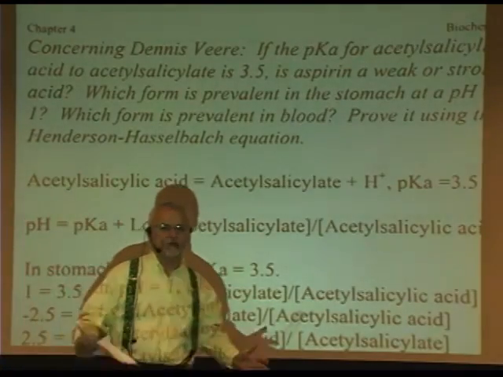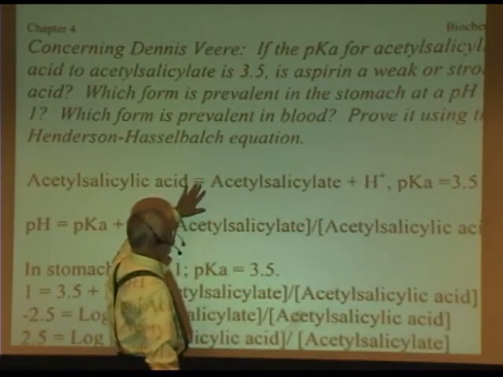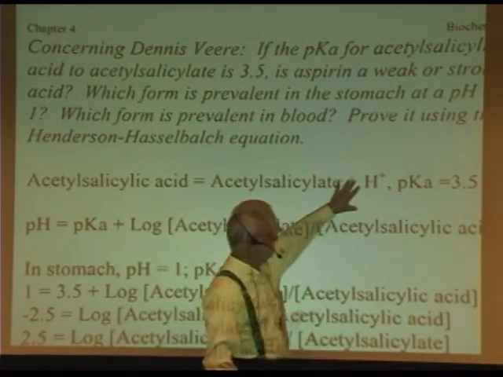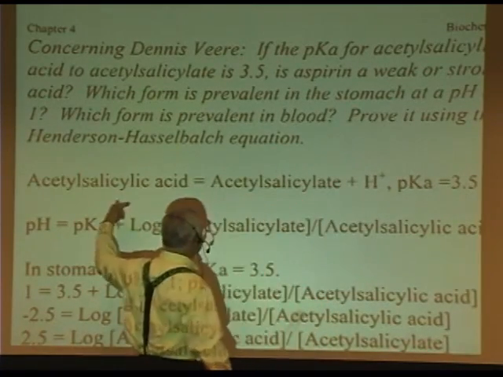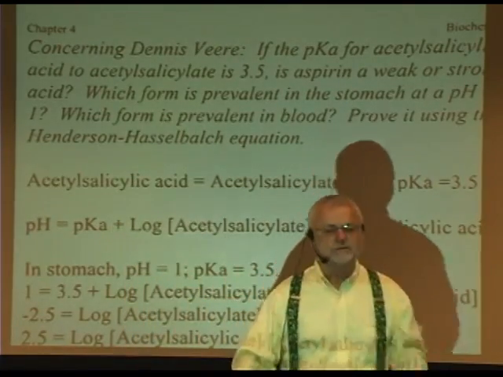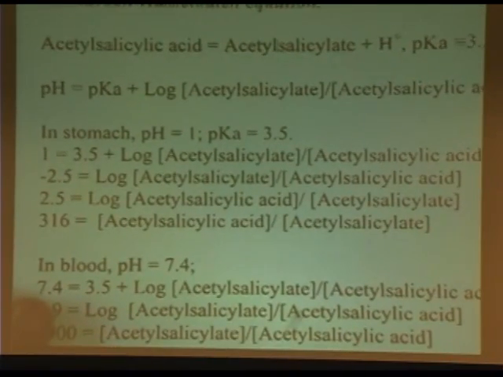And I can solve the blood pH for you right away, too, because I'm going to say if we start out equal, at pH of 3.5, we have an equal amount. Well, if I take away a bunch of protons, which I have to do to get to pH 7, I'm going to move this reaction in that direction. I'm going to have a lot more of the salt. But let's go back and prove it.